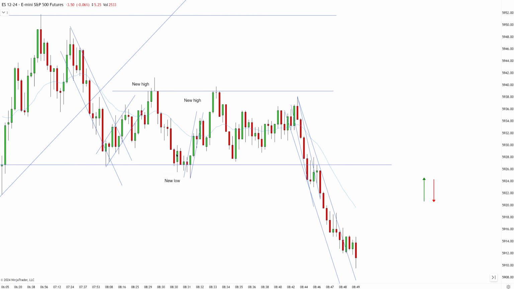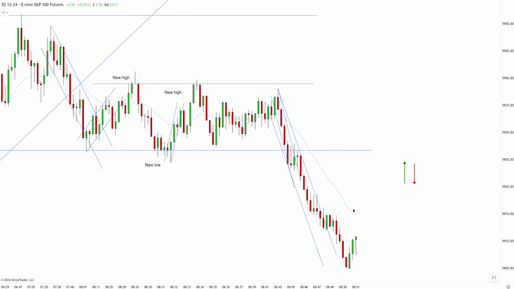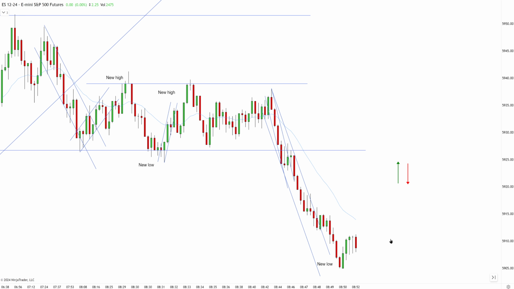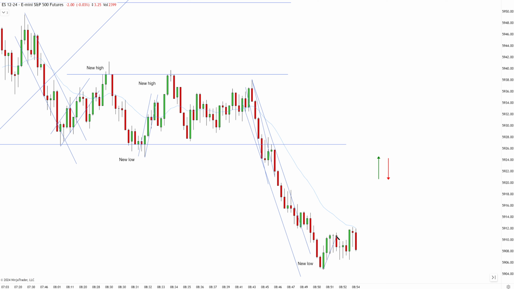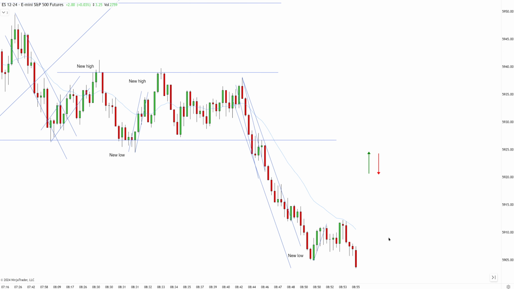Because the big pattern is not clear, I'm going to follow this individual trend, and I want to see a second entry short at the EMA. However, we already have a break and a new extreme, so the downtrend played out. So now I'm going to wait and see what the price action will do. We have a visual setup like a pullback, but I can't take it. We just do a break, push to a new extreme, horrible bar. So I'm just going to be careful.